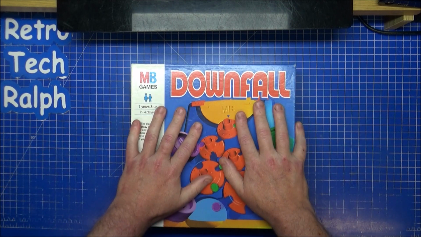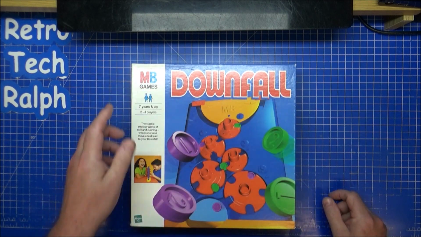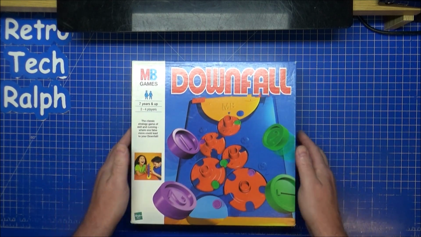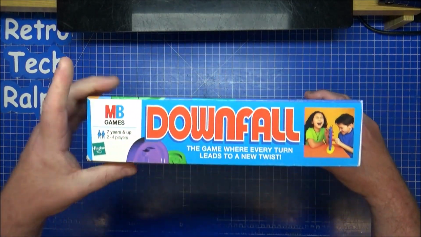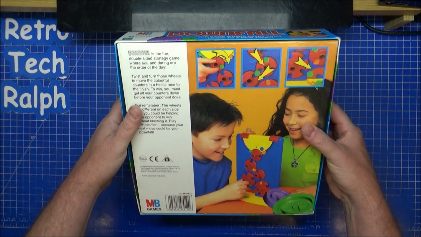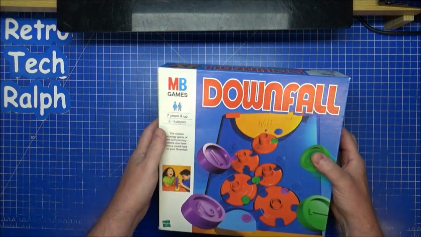I've got another unboxing for you for another game. This is the MB Games Downfall for 2 to 4 players. Right, normal box art. I don't think this is a classic old one, but it's more of an 80s version I think, but still very much exactly like it was originally. Now,